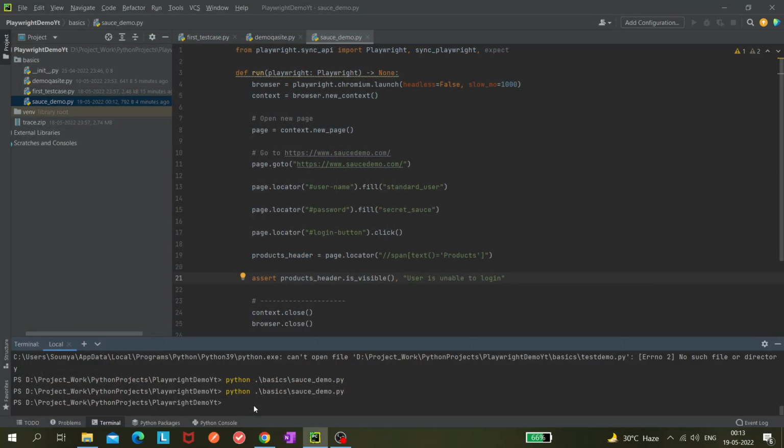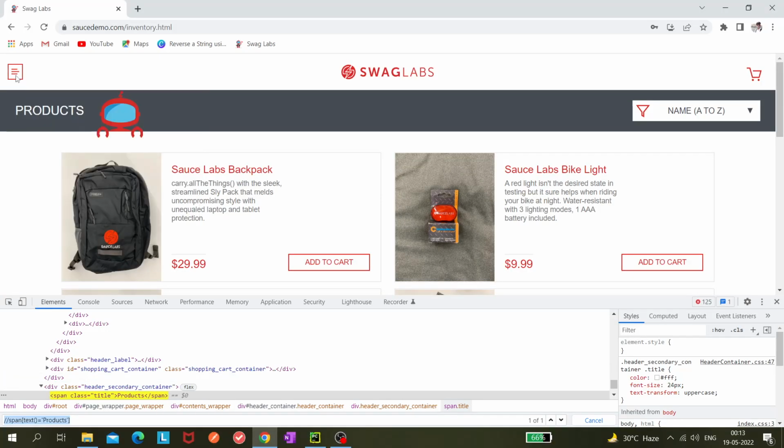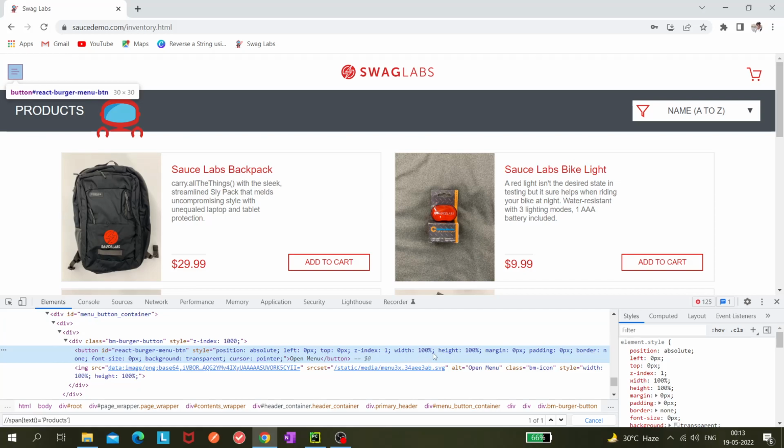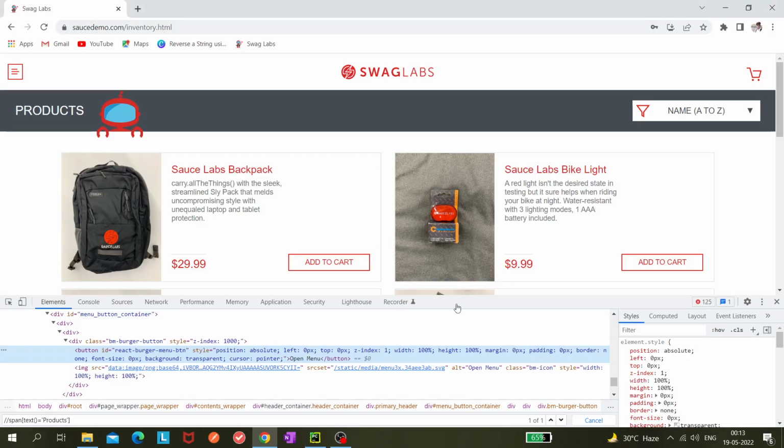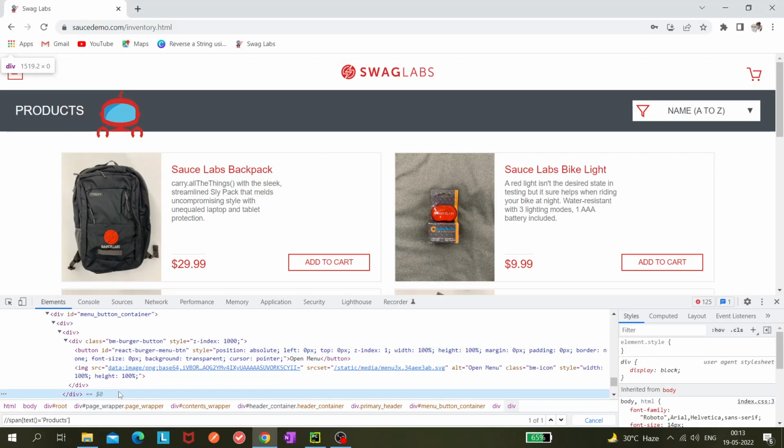Yes, this is working absolutely fine. So our next task is clicking on this menu icon. To get the menu icon, I think I can use this ID again. So we are getting ID every time, so that's fine. I can check it here as well. You can use your preferred tool for validating these locators.